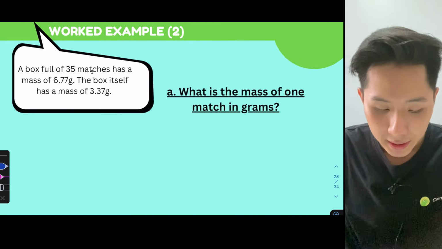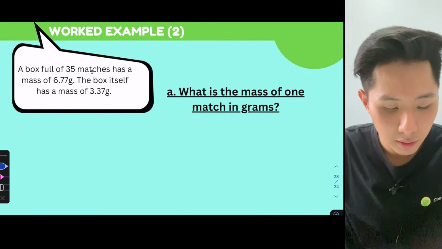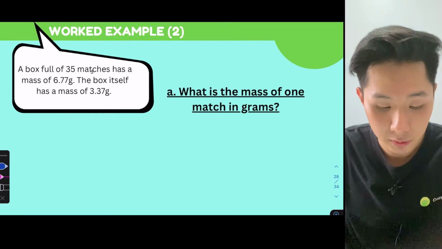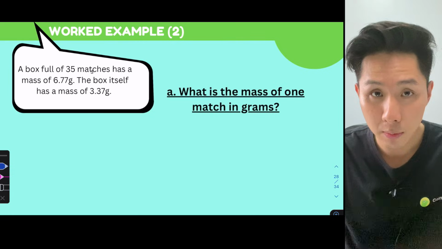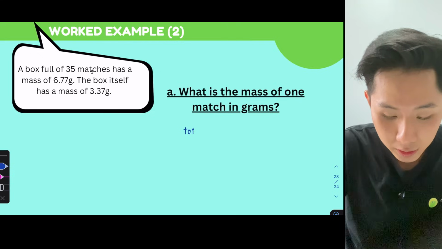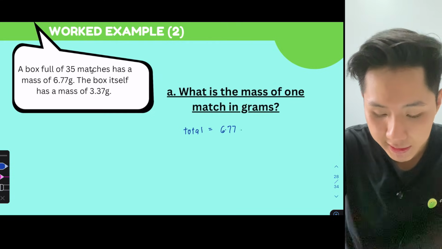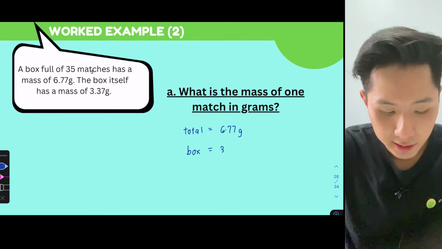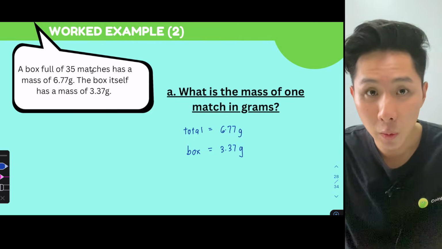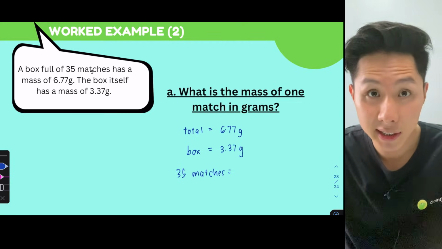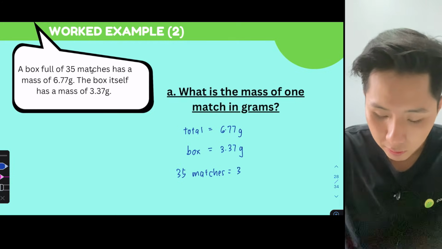So let's move on. A box full of 35 matches has a mass of 6.77 gram. The box itself has a mass of 3.37 gram. What is the mass of 1 match in grams? So this is a math question, right? Basically, the total is 6.77 gram, and then the box is 3.37 gram. So we know that the mass for the 35 matches will be 6.77 minus 3.37, which is 3.4